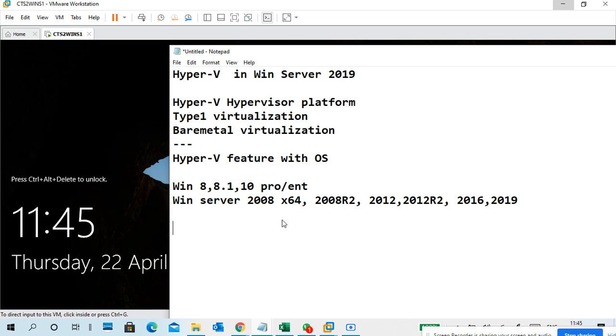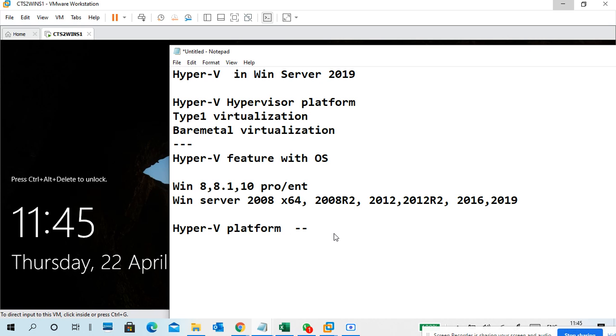When you are in an operating system, two things will come up. One is the Hyper-V platform.